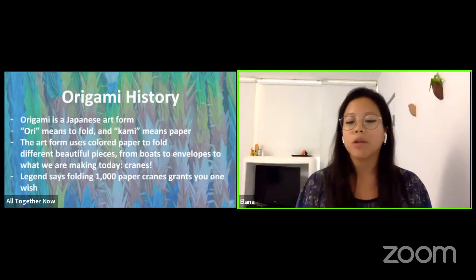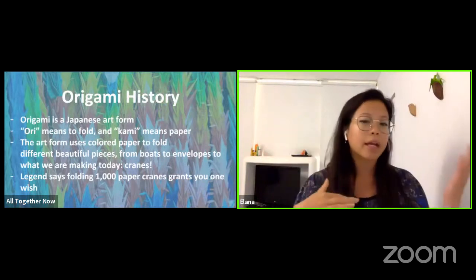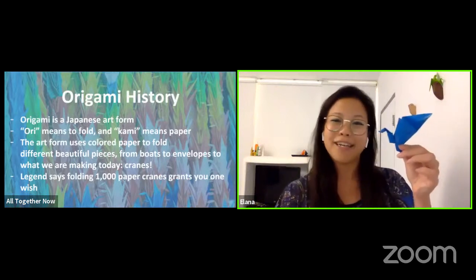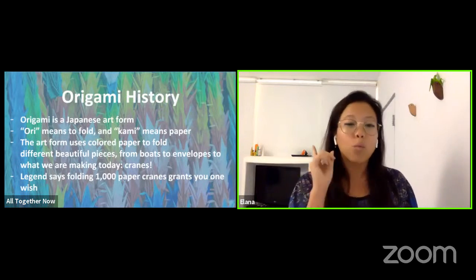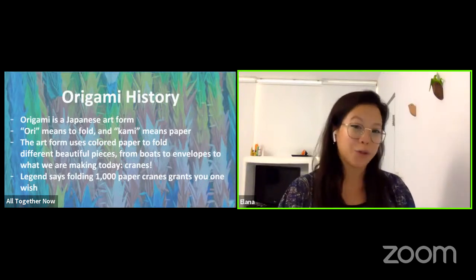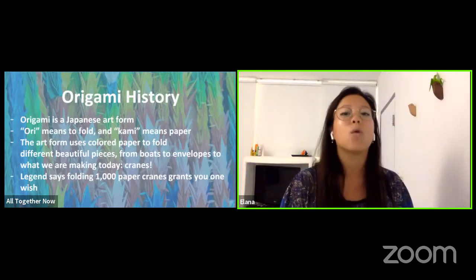So with origami, you can fold a lot of different things: boats, flowers, envelopes, easy, super complicated, a lot of variety. But we are going to be folding our paper crane today. According to Japanese tradition, folding 1,000 paper cranes gives you a chance to make one special wish come true. The crane is said to live for 1,000 years, which is the significance behind the quantity